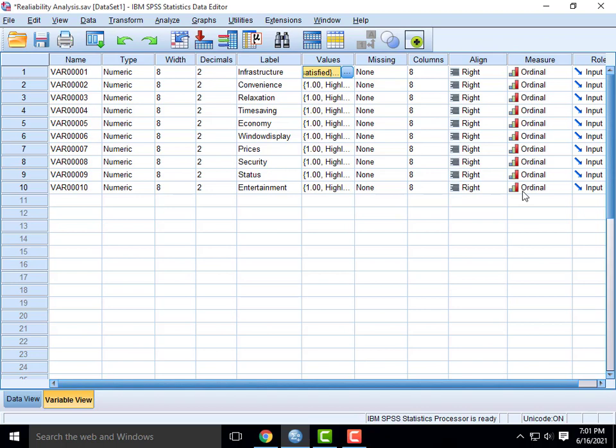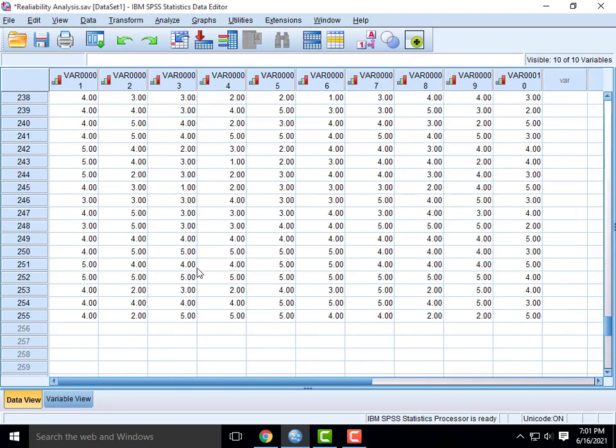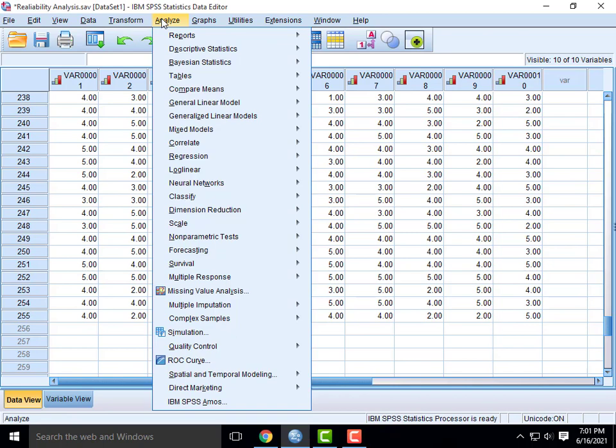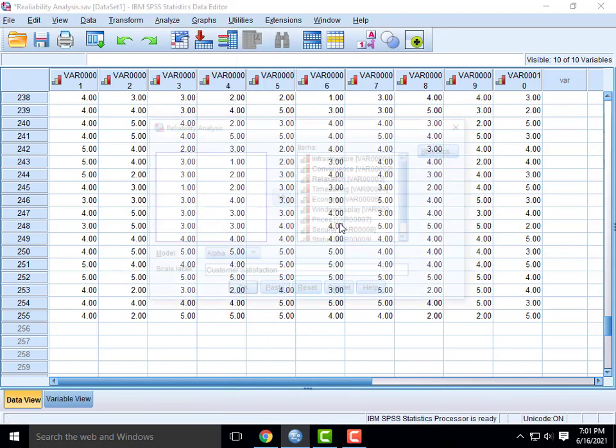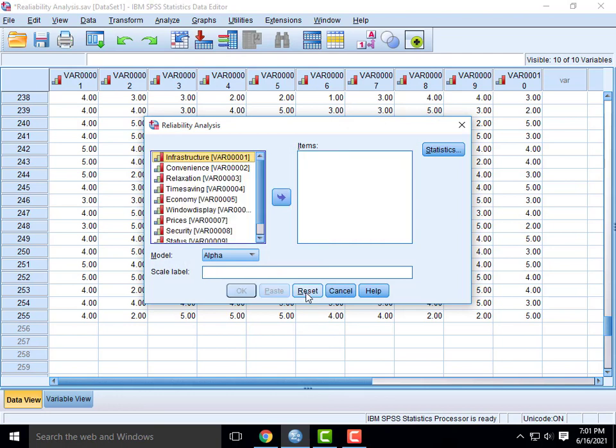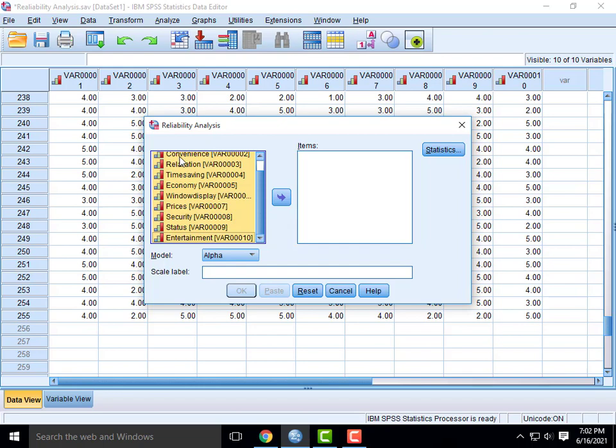Now we are going to discuss how to find the Cronbach value. Just go and click Analyze, select Scale, and click Reliability. So here we have 10 variables. All these 10 variables should move to this side.